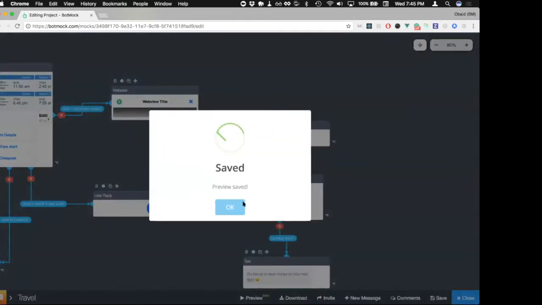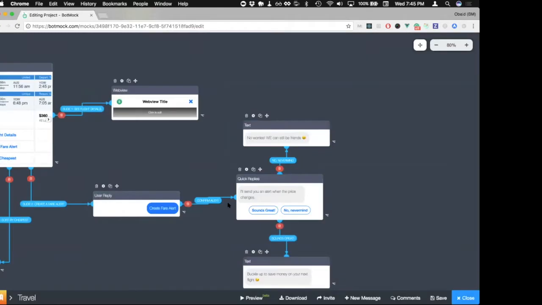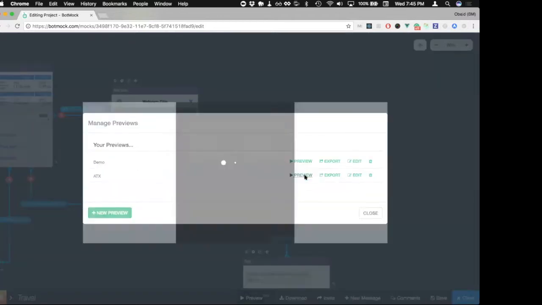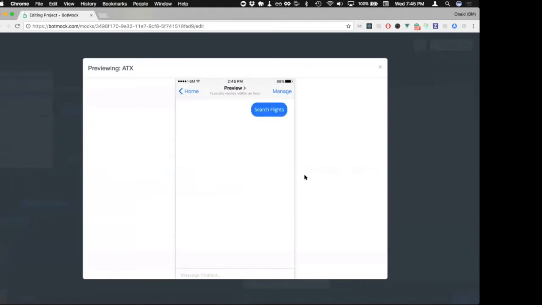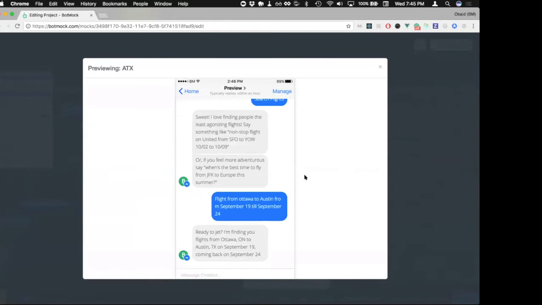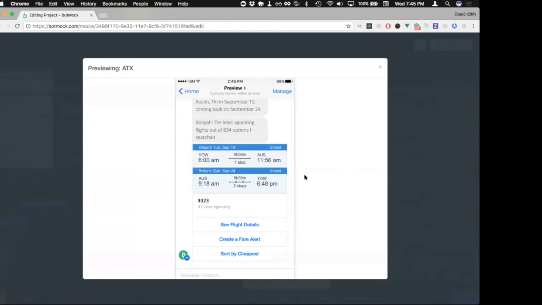And at the end, you don't have to go through the entire thing. You can stop at some place and say, this is all I want to show them. So then in the preview again, you can actually see an animated view of how the conversation will go. And as we move forward, we are adding more features such as being able to share this with your stakeholders